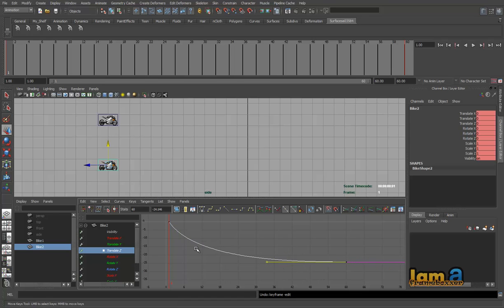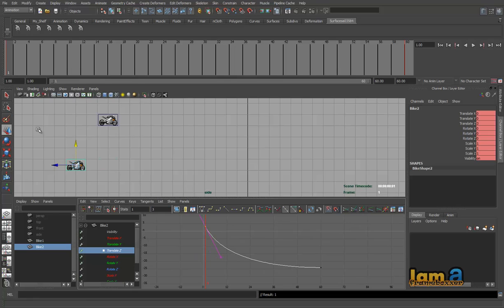I was using weighted tangents here because with weighted tangents you can scale it. Otherwise, even the default tangents are really good, and we're going to talk about all of them in a moment. Then you can see these values here. The moment I choose a keyframe, you have the frame number and the value. You can also type in a value here. Let's say I put in 3 there, then you see this bike starting from a different position.